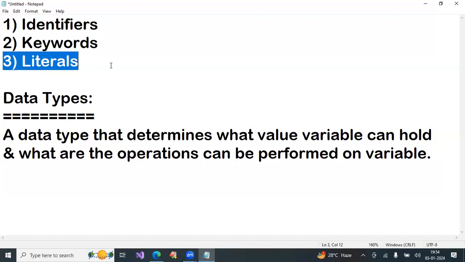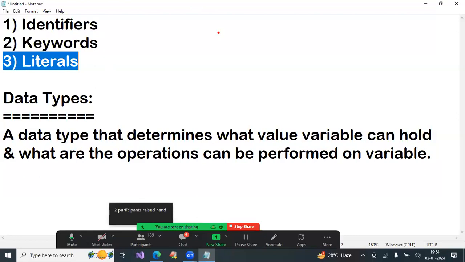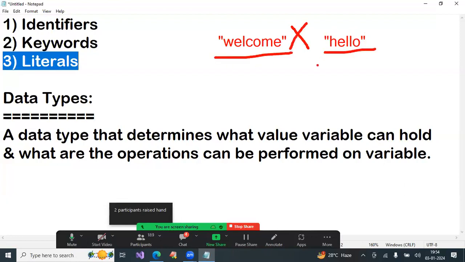There are 40-plus operators, and all of them you can apply. Suppose two strings are there: Welcome is one string, Hello is another string. Can you multiply them? No. Here we cannot perform a multiplication operation in between. So data type decides whether multiplication is possible or not, addition possible or not.